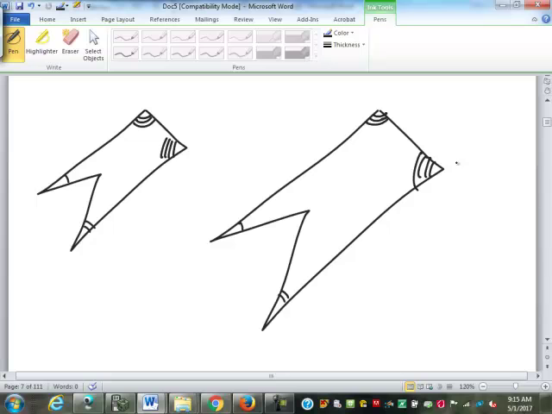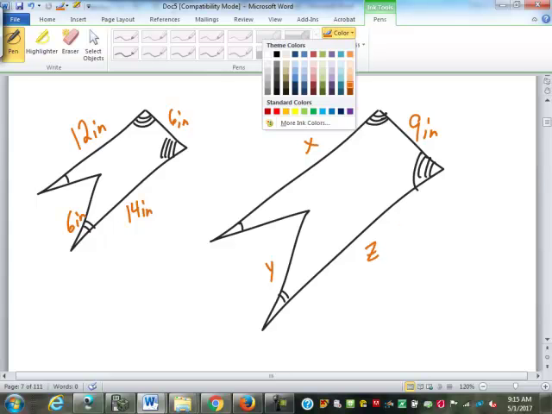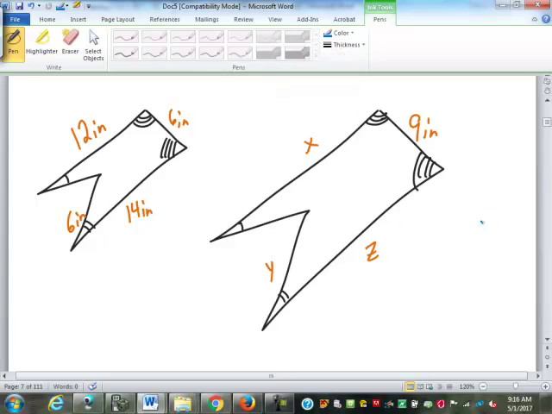So you know this is sitting in the same orientation. If I were to ask you to find sides X, Y, and Z here,